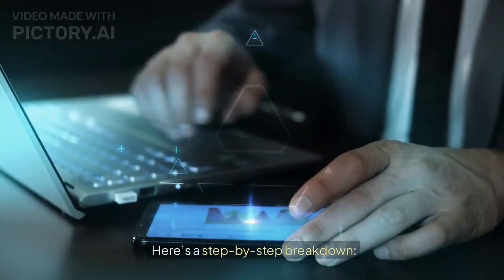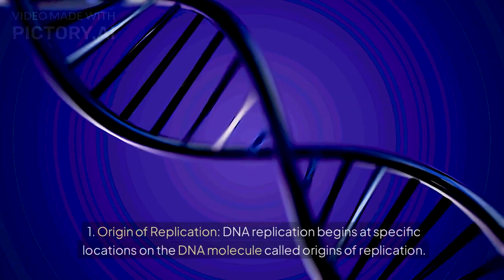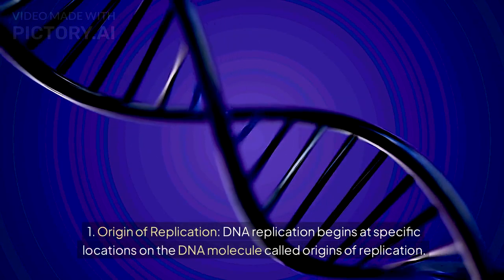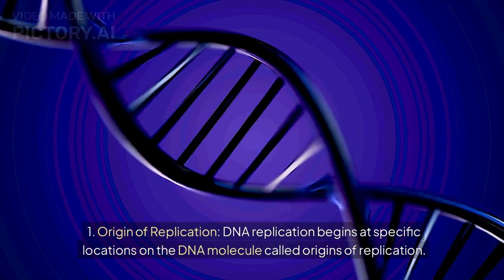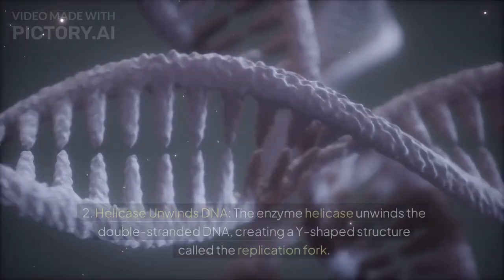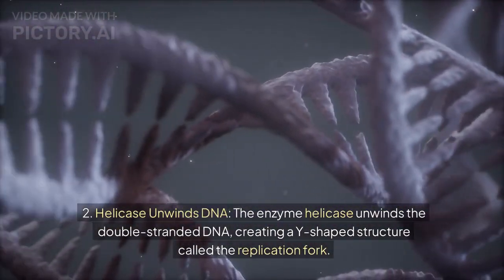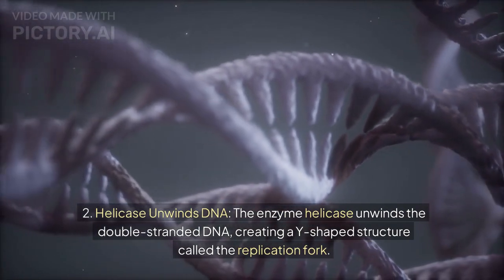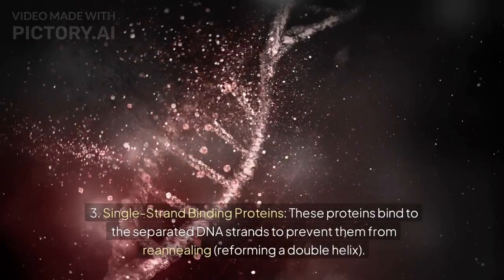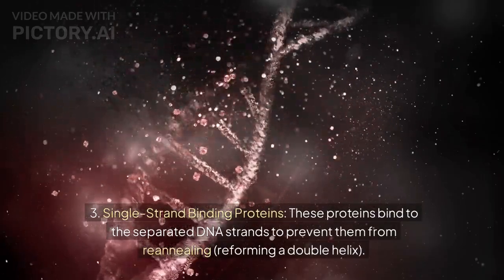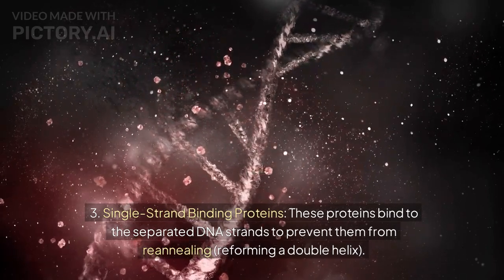Here's a step-by-step breakdown. 1. Initiation. 1. Origin of replication. DNA replication begins at specific locations on the DNA molecule called origins of replication. 2. Helicase unwinds DNA. The enzyme helicase unwinds the double-stranded DNA, creating a Y-shaped structure called the replication fork. 3. Single-strand binding proteins. These proteins bind to the separated DNA strands to prevent them from reannealing, reforming a double